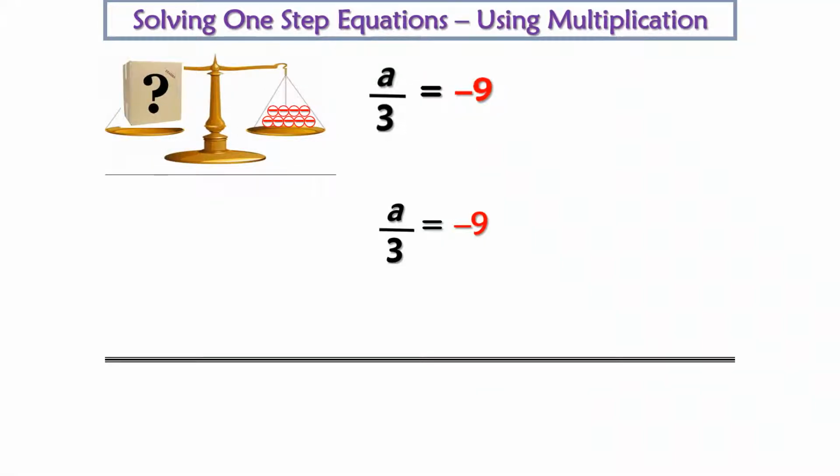Hi, this is Mr. Hood, and we're going to solve a one-step equation using multiplication. The equation that we're going to solve is a divided by 3 equals -9, and we've chosen to represent this